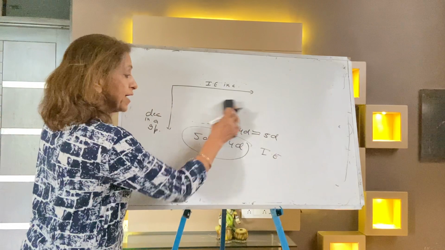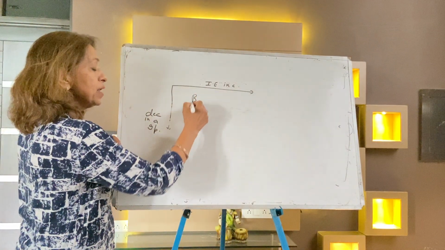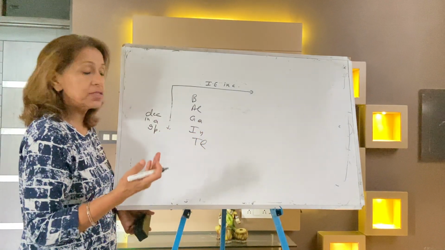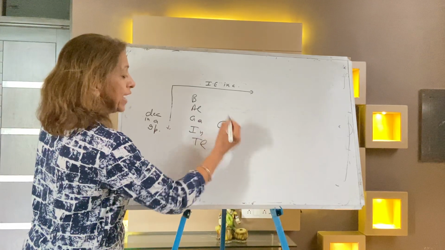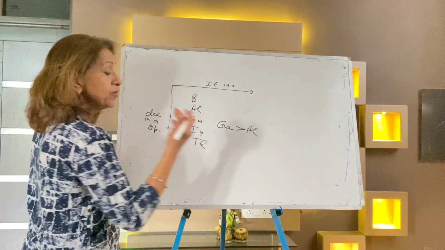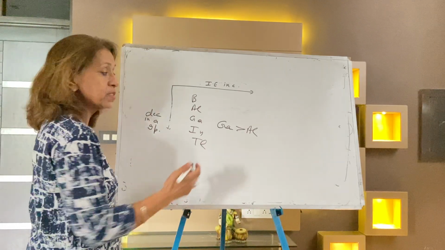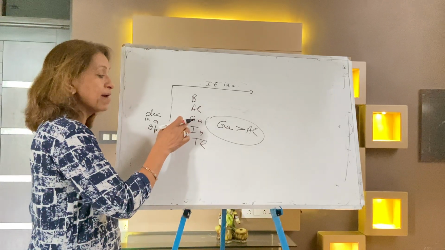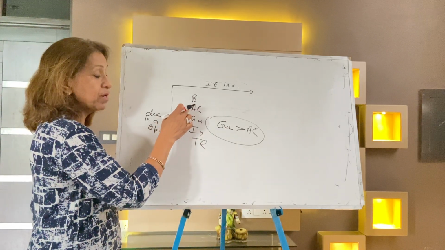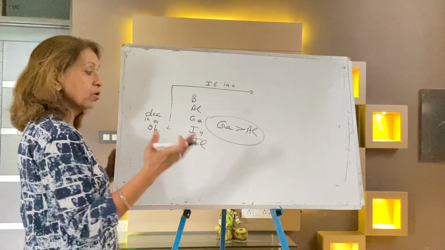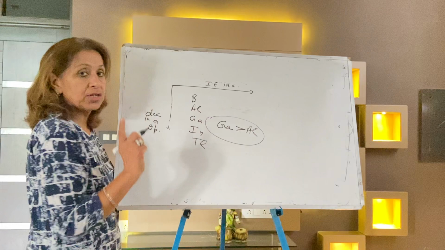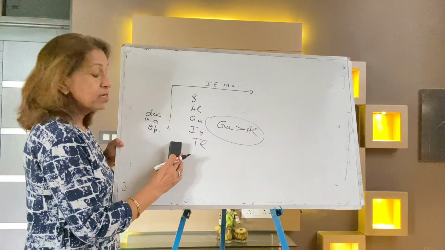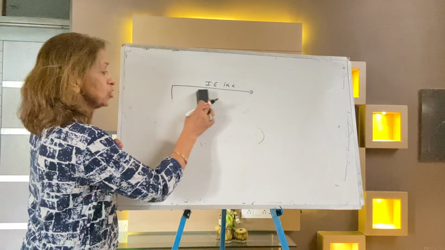Second exceptional case in the group: boron, aluminium, gallium, indium and thallium. This is one of the groups. Ionization energy decreases in a group, but the ionization energy of gallium is more than aluminium, because gallium has a small size. Again, it is exceptional because of the poor shielding of the d electrons. So just remember there are two exceptional cases in the group. One is that the 5d series has more IE than 4d. Second is that gallium has more ionization energy than aluminium.